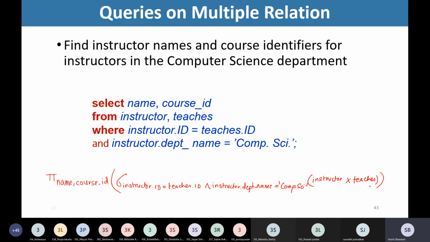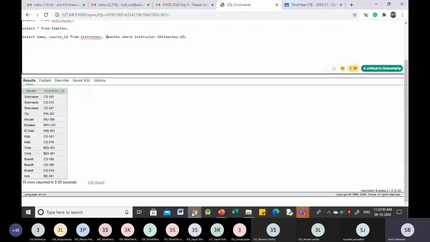Whether these two are equivalent? Yes or no? Equivalent to one another? Yes, ma'am. One is written in SQL, other is in relational algebra. Right? So simply, if now we would like to implement this in SQL,